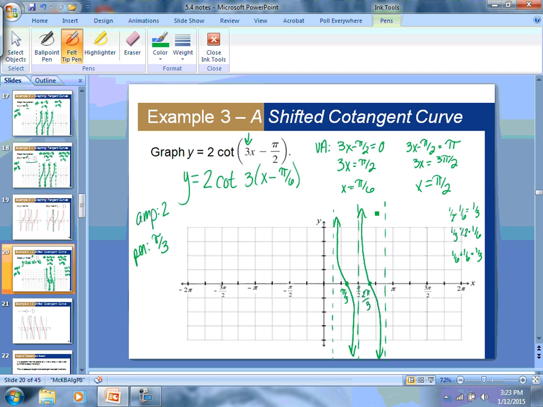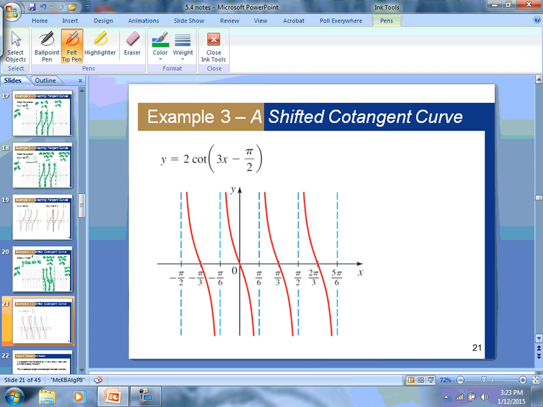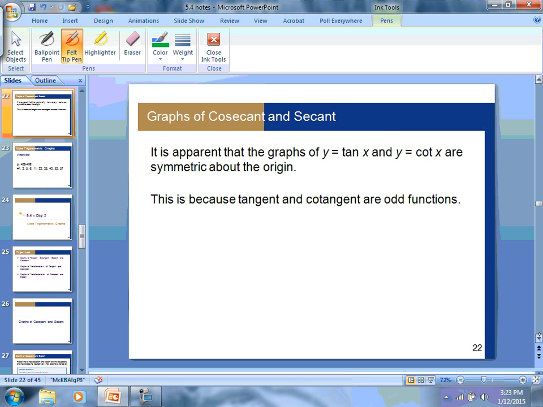So there's 2 cycles. If you wanted to make another cycle, you could. We would go back to negative pi over 6. And then this time our halfway point would be 0. So that would be really easy to calculate that halfway point. So the more you practice this, the more comfortable you'll get with all these little details and what you set them equal to. But remember that for tangent and cotangent, you're going to set them equal, I'm sorry, for tangent,